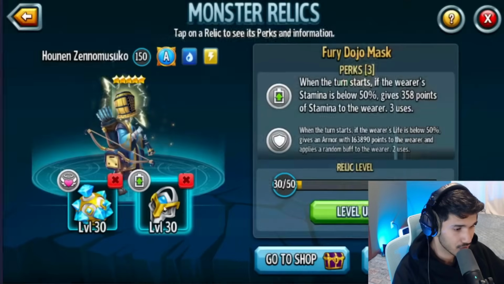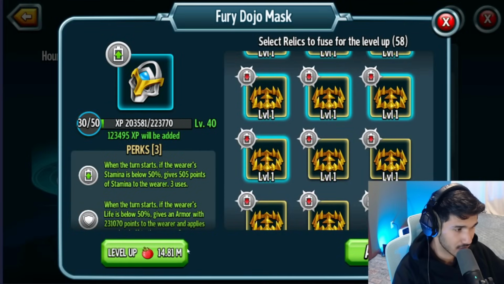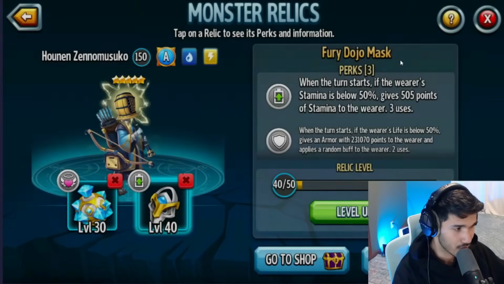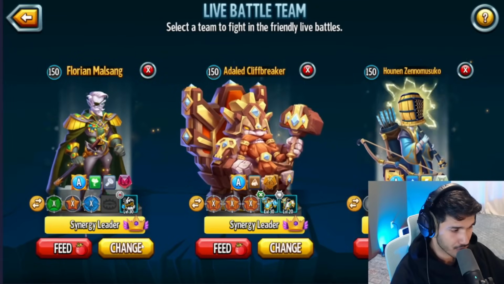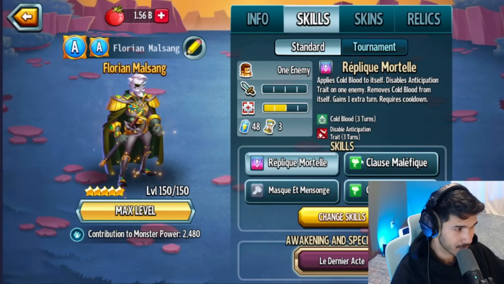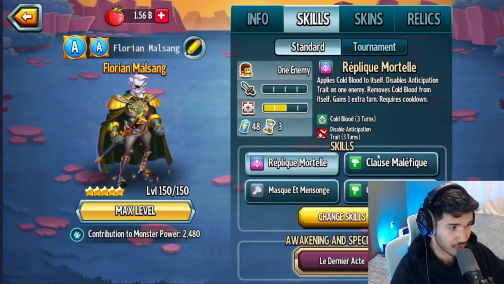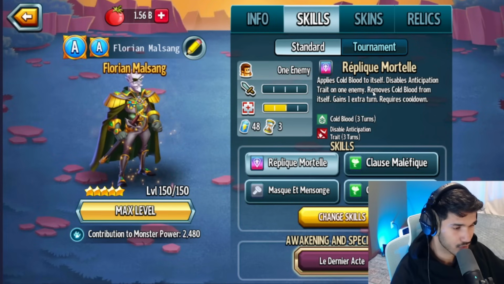I'm probably going to do Fury Doja mask, and then I'm going to actually level this thing up because we do need to level it up a little bit. We're going to get it to level 40, and that should be better now. Now, you can't really go wrong with who you pair this monster up with. Florian, on the other hand, I mean, if you want to make this go first so you can open up the path a little bit for the monster, because, you know, cold blood piercing through,